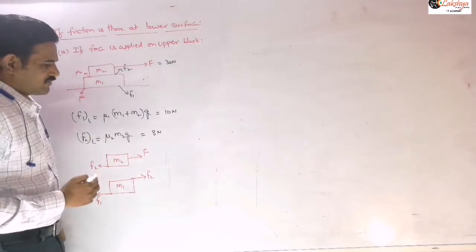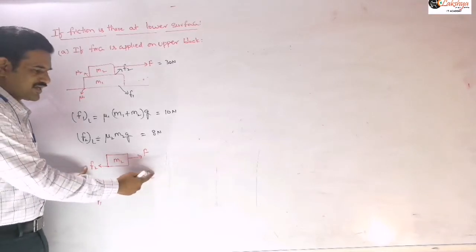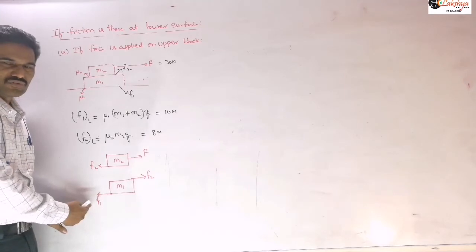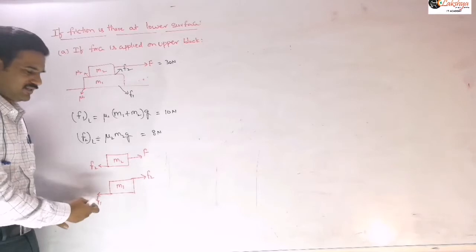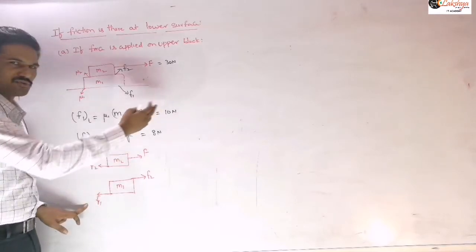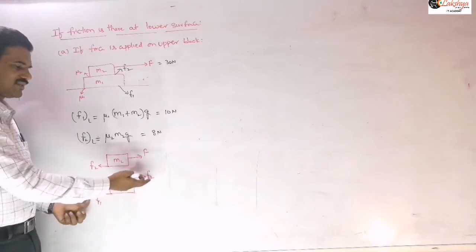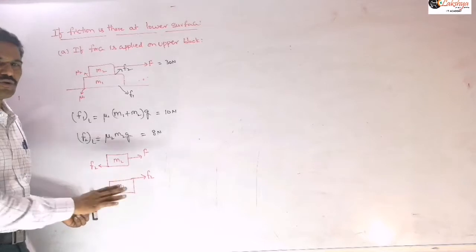And so now here what I am saying is F2 is 8 newtons, but here this value is 10 newtons. So from that you can conclude that this block doesn't accelerate. 10 newtons means these are maximum values. What I am saying is those are maximum values. So if this is 8 newtons, then this will also reach 8 newtons, and there the block will remain at rest.